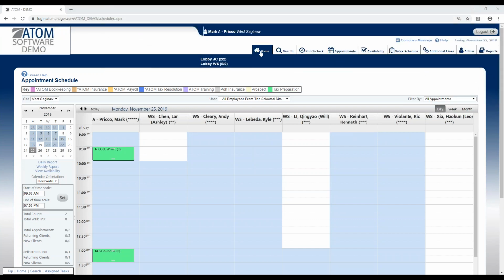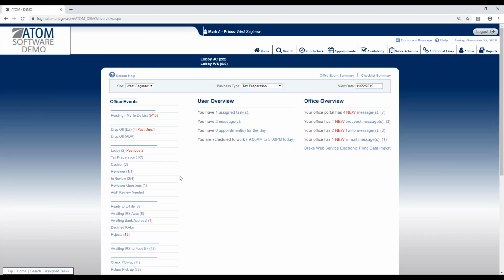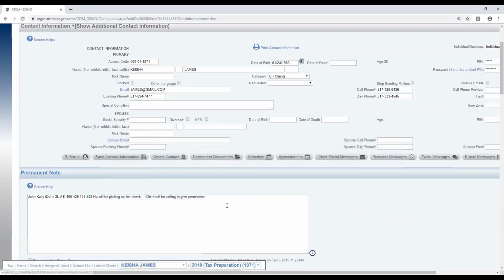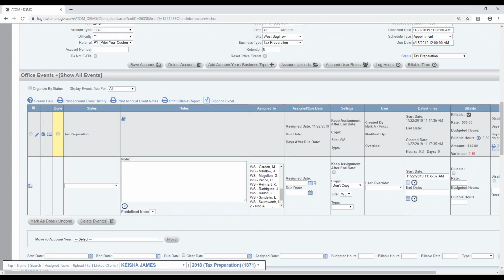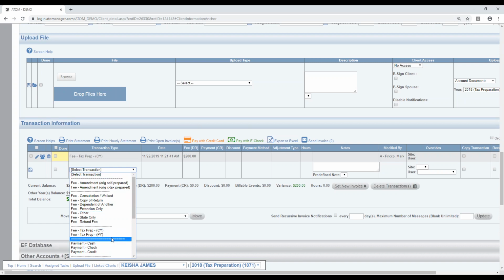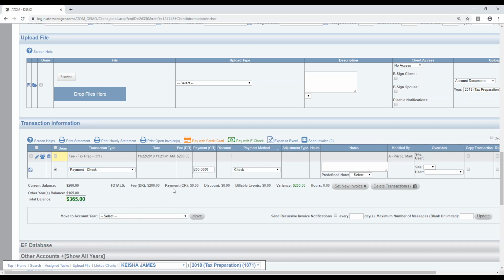All right, let me move this back over here. All right, so now I'm in tax prep here. So I'm back in Keisha's file. Say she's e-signed everything, and she's just going to send me a check. I'm going to go ahead and pay this off so I can show the balance is zero. So say now she's in my office and she's going to pay with a check. Then I come down here, I just say check. I can put the check number right here,